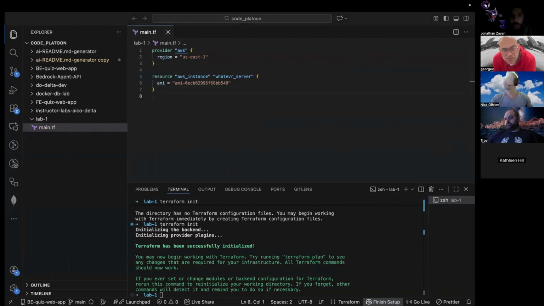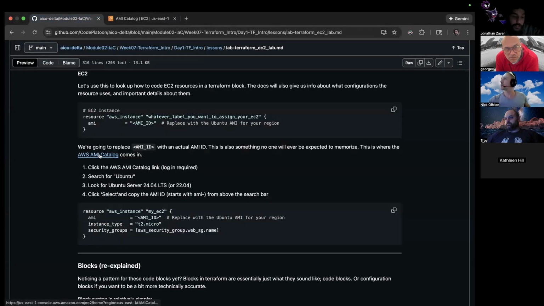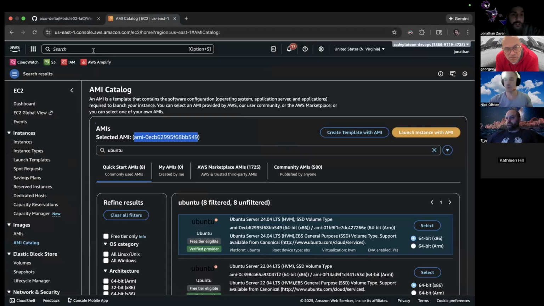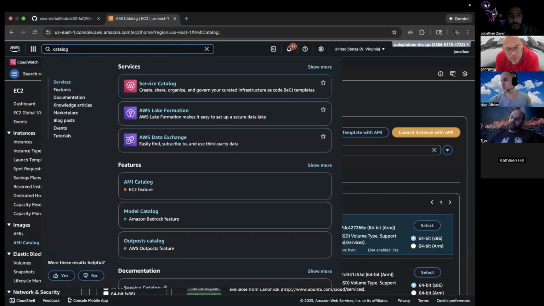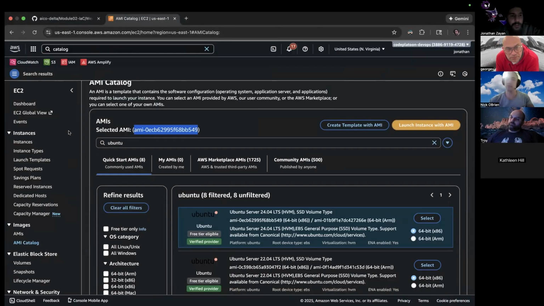I'm sorry, could you show that window? I looked away when you were on that. How did you get to that AMI catalog? Well, how did I get here? I had the link, so you're going to have it. You can also search in here. I believe you can just search catalog, should work. You can pull the catalog via the CLI. Oh, you can.